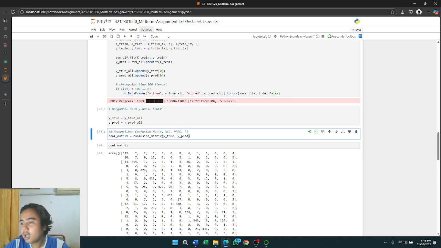In these cells, we create a confusion matrix from the model prediction result. The program line confusion matrix equals confusion matrix, y true and y predict, is taken from the sklearn metrics library.